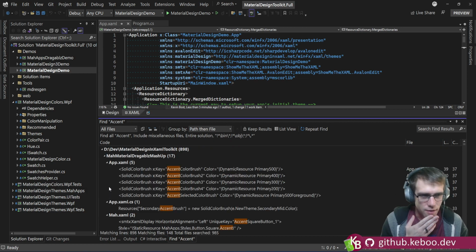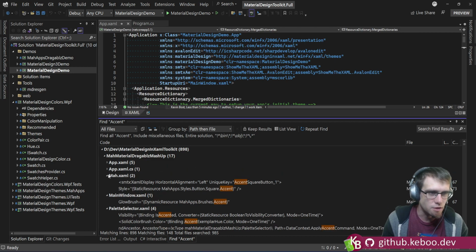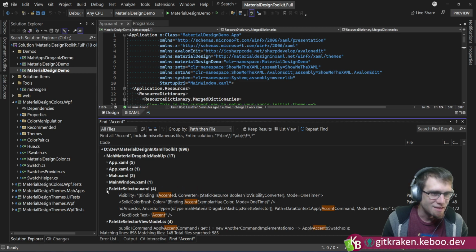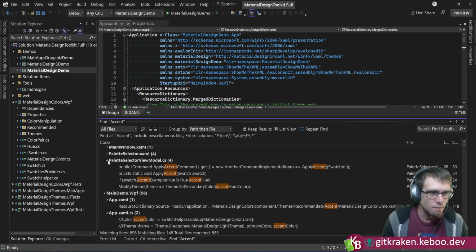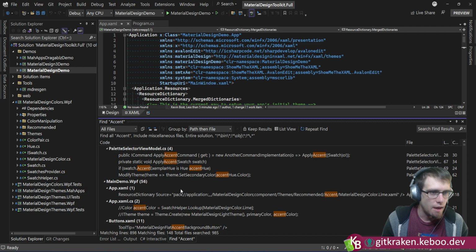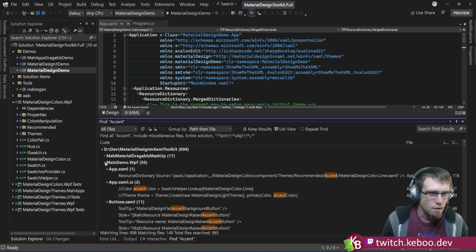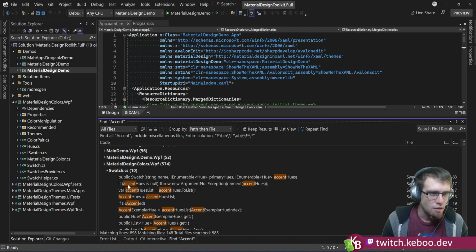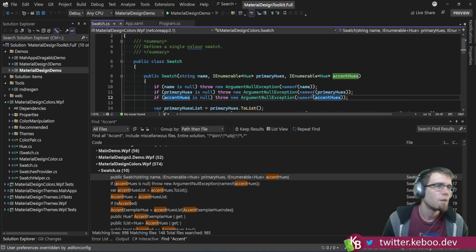And I want to hunt all instances because I don't want to replace brushes here. But what I would like to do is find styles that have the word accent in them and start changing them. We'll deal with some demo app stuff in a minute. But I'm more interested in chasing some of these. So we're not going to deal with this because if I change,